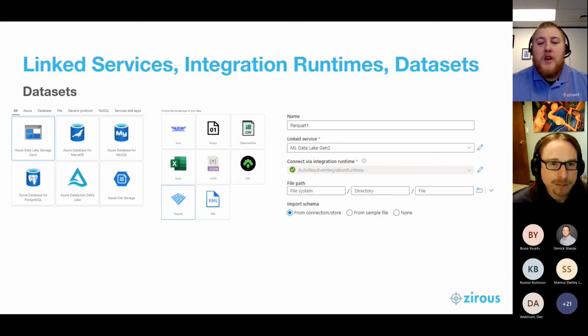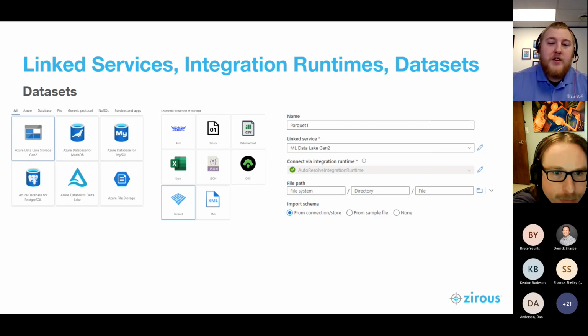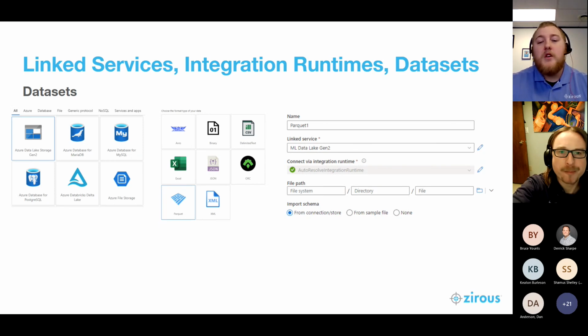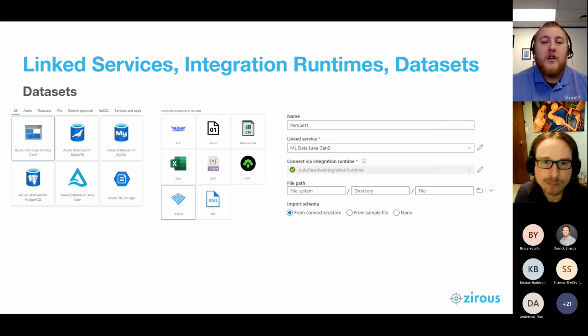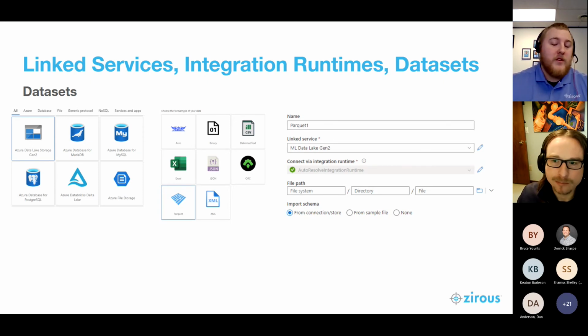The reason that we use datasets is that this is how Synapse interacts with your data. It doesn't actually talk to your data, it talks to datasets. So the way that looks is we'll load the dataset into memory, do all the transformations there, and then at the end of the activity, when you're going to sync your data wherever it's going to end up, that's going to be the actual changes that are applied there.